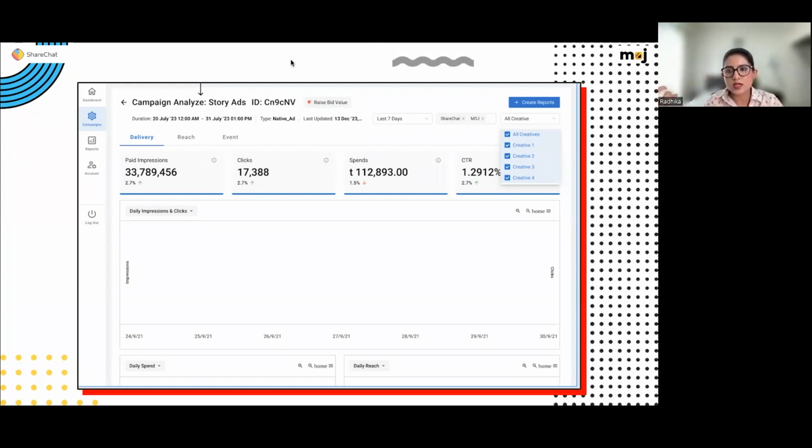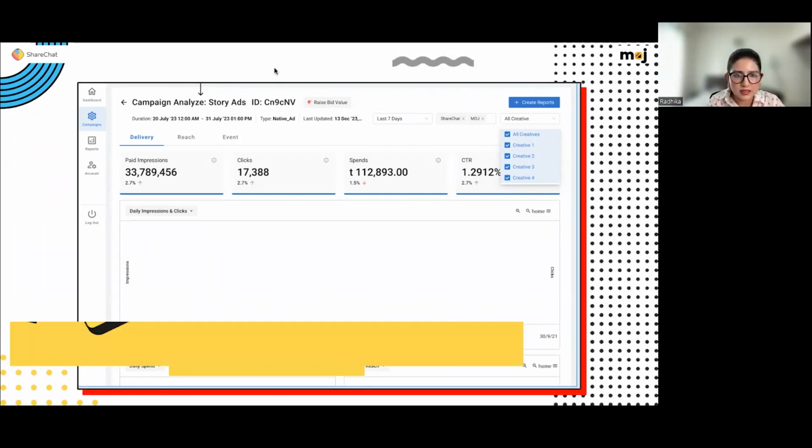But with this build, along with the app split, we will also externalize the capability to select multiple creatives so that you can combine creative classes. If you know that two creatives are in the same vernacular language or same color or are of the same product, etc., you can always combine those and look at the data. So I think this has a twofold advantage. The build is going to go live in another 10 days. We can move to the next slide.